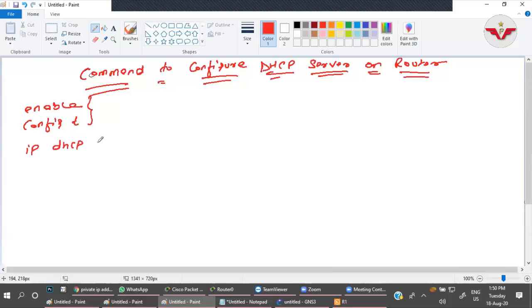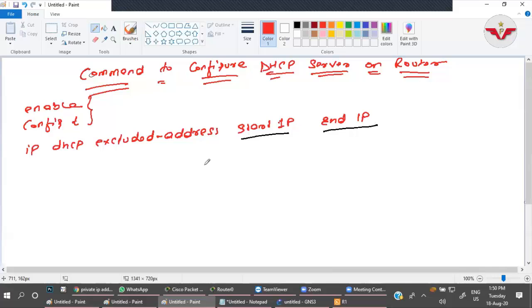DHCP excluded-address start IP and end IP. Whatever would be the start IP and the end IP.